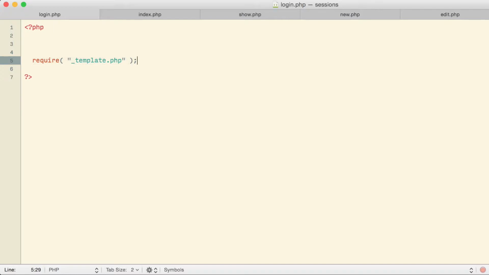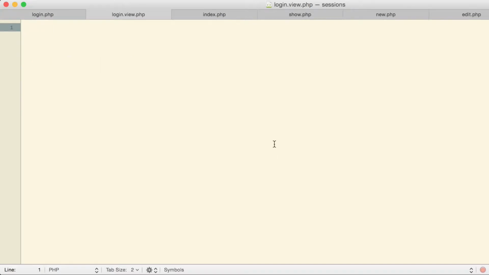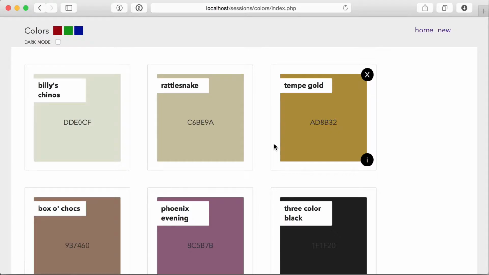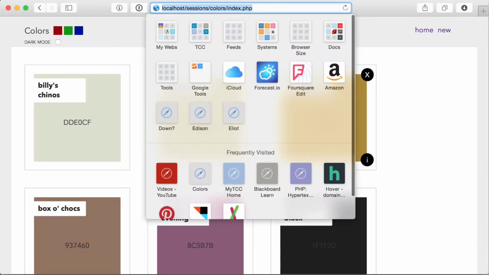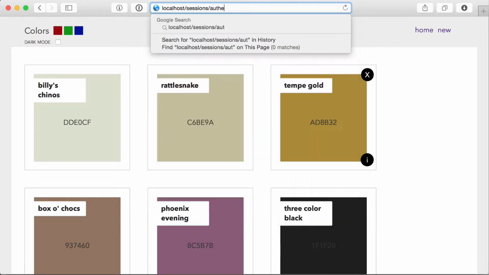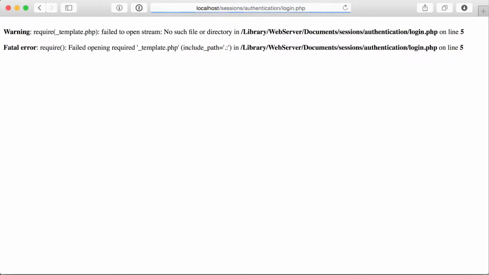So let me go ahead and create that login view file. All right, here's my login.view.php file, again created in my authentication folder right alongside the login.php file. For starters, I'm just going to add an H1 to the top and have it say, please log in. All right, over in my browser then, let me see if I can access that particular page. I'm going to go to my authentication folder and try to pull up my page called login.php,